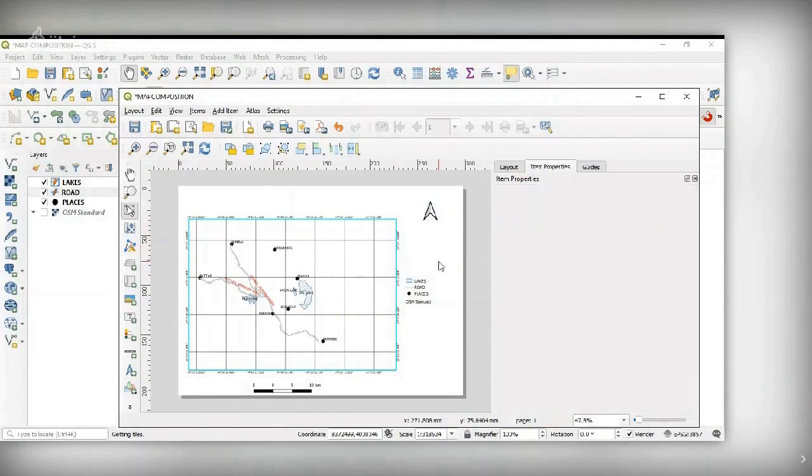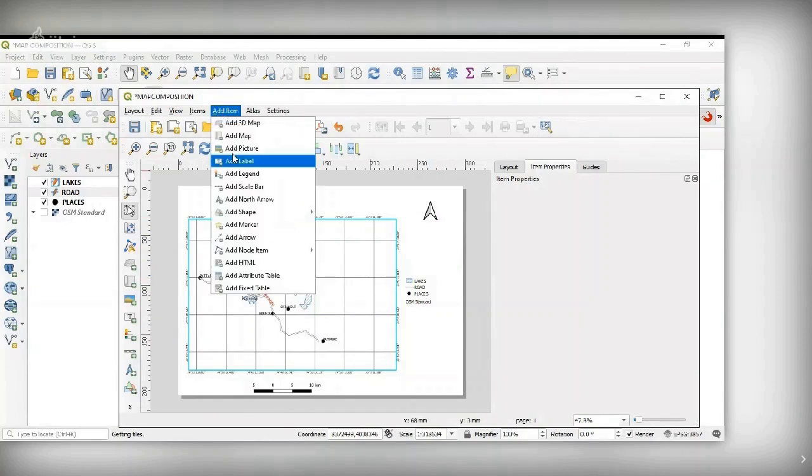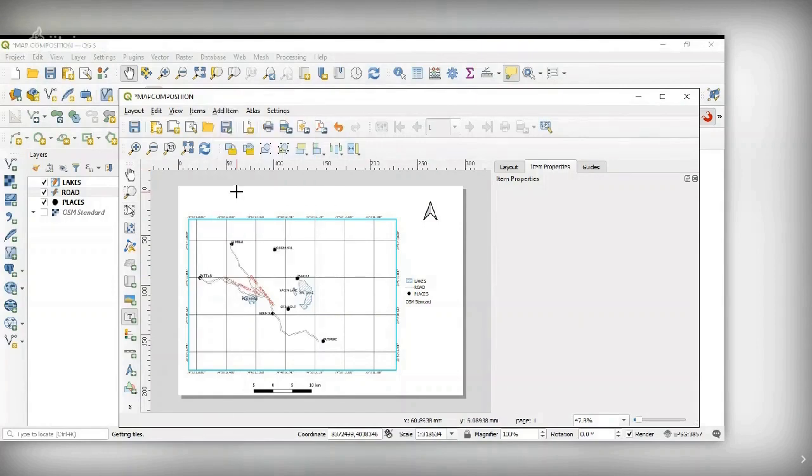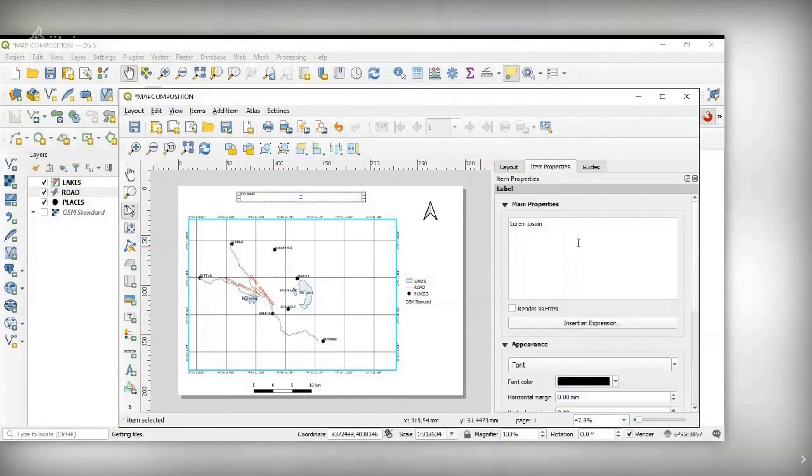Next is legend. You have three themes here, isn't it? One is the point theme, that is place name. Second is road name, that's a line theme, and polygon is a lake theme. Add legend and define the area where you want to keep your legend. Okay.